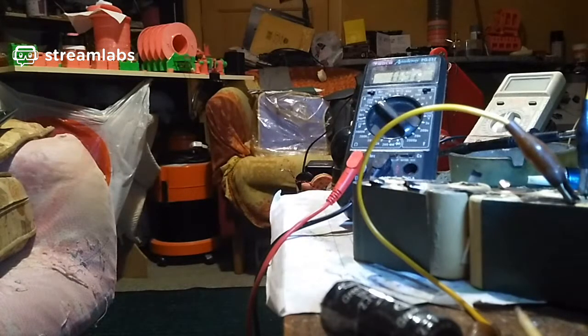It could be, but most things are based on water anyway. Most electrolytes have got water in them, I would have thought. Unless it's an acid. Even an acid has water in it, so it's usually the water component that dries out. So I just figured if I could replenish that water, it might bring it back to life. Because let's face it, it doesn't matter if you're using salt water as an electrolyte or sulfuric acid, it's still going to have water in it, because sulfuric acid is usually water-based. It's usually water-based, isn't it? Anyway,